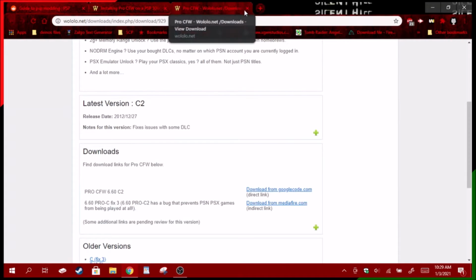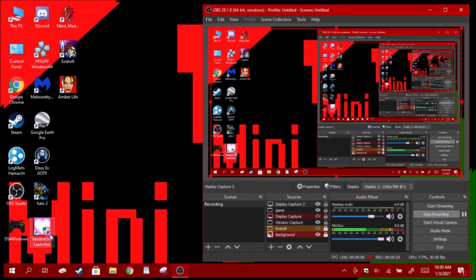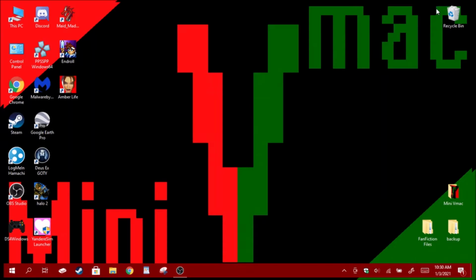After you download that, you need to hook up your PSP. Now, my PSPs aren't modded, so there's no point. So, just plug your PSP into the USB port. I have to turn it on because I restarted my PSP for this video. So, you have your PSP all raring to go with the USB. Then you need to